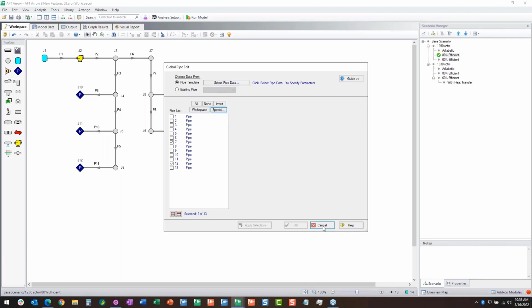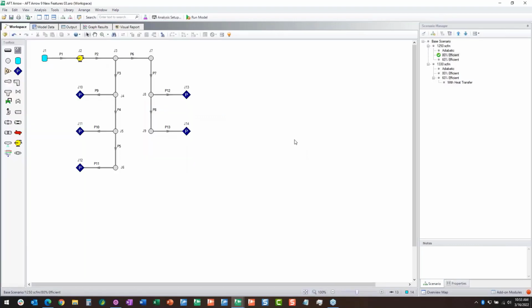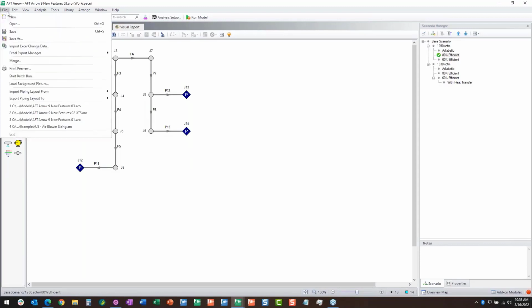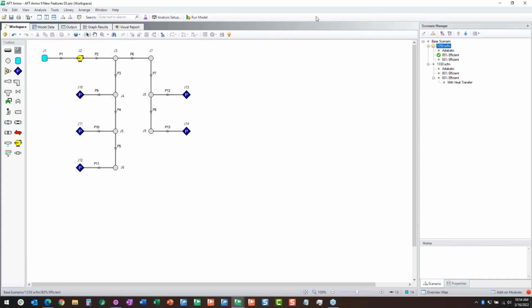All right, let's go to another new feature called silent batch run. If you've used batch run before, you'll know it's a really helpful way to run a lot of scenarios at one time. You can find that on the file menu. Now, this model doesn't have a lot of scenarios, but I've seen plenty of models that have 100 or more scenarios. And if you want to go through and run every single one, it is a very time-consuming and tedious process to go in, load each scenario, click the run button, wait for it to converge,